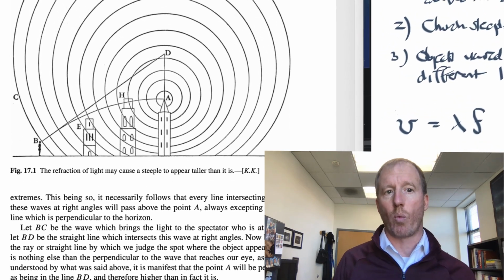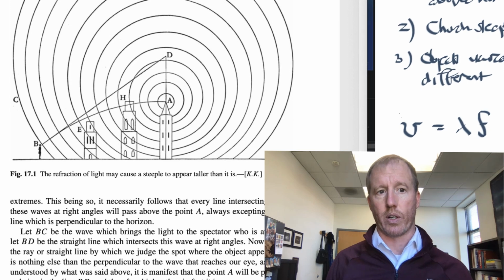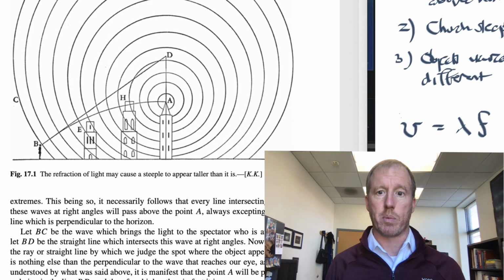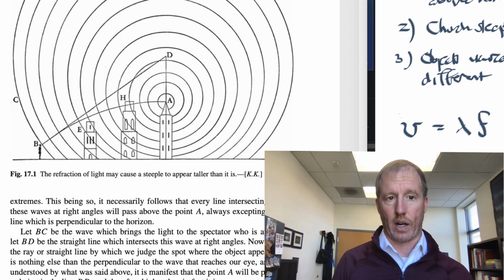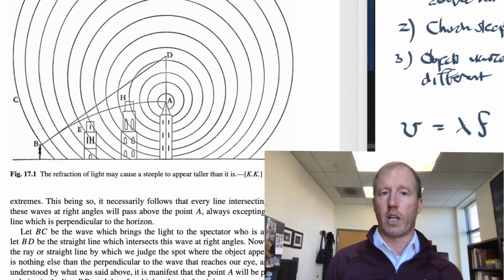There's a longer wavelength for the waves traveling upward than for the waves traveling downward. That's because they're moving at a higher speed in the upper atmosphere than in the lower atmosphere. Now, what's the upshot of this? What's the point? He says, well, when we think about a ray of light, how we construct a ray of